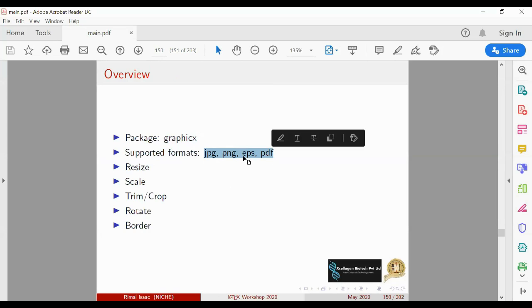EPS is the encapsulated PostScript format. PDF also, you can convert your images into PDF and include them in your document. You can also include PNG, JPG. BMP is not supported. There are other formats like TIFF. These kinds of formats are not supported, so you have to convert them.